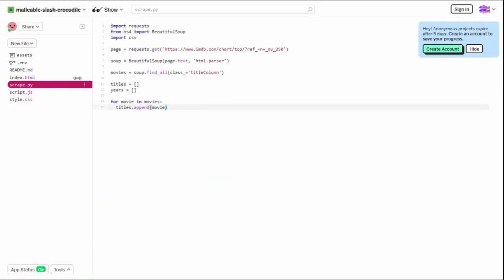So what we can tell it is to pull for that specific movie, grab just the anchor tag, so .a, and then we don't want to grab that whole HTML of the anchor tag, we just want the text inside it, so we'll do a.text. So for each movie in our movies list, grab the text of the anchor tag within that movie. So then we'll do something similar for years. We'll type in years dot append,